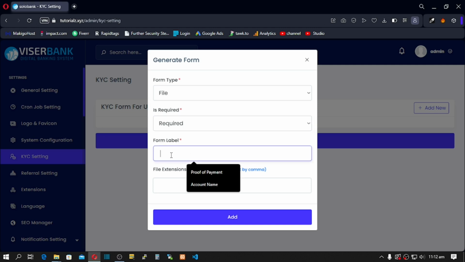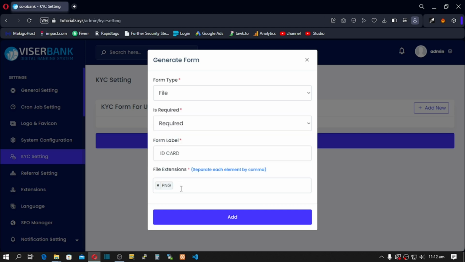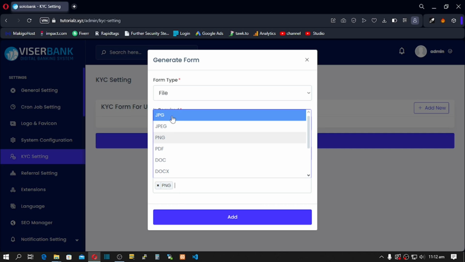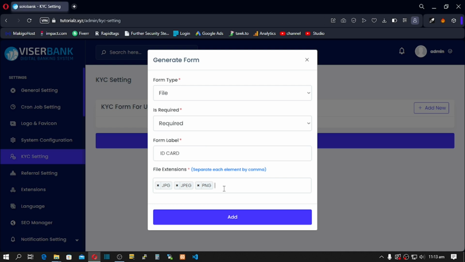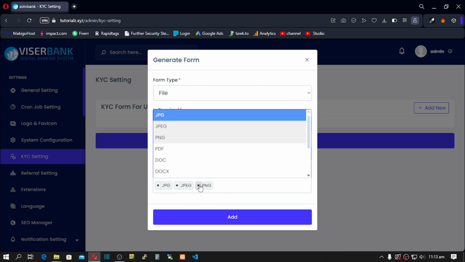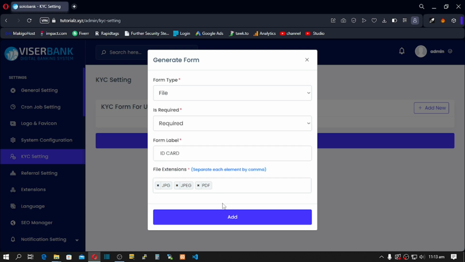So let's say passports or ID card. The file extensions, let's put PNG or PDF or JPEG. So I'll just put something like PNG. Pick all the supported formats you want. All right, and then let's say this. Okay, so right now let's close this, and then maybe PDF. All right, and then click on add